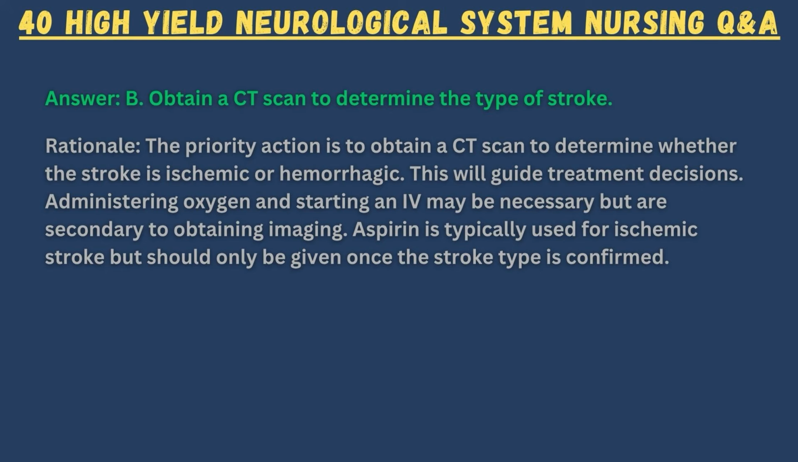Answer. B. Obtain a CT scan to determine the type of stroke. Rationale. The priority action is to obtain a CT scan to determine whether the stroke is ischemic or hemorrhagic. This will guide treatment decisions. Administering oxygen and starting an IV may be necessary, but are secondary to obtaining imaging. Aspirin is typically used for ischemic stroke, but should only be given once the